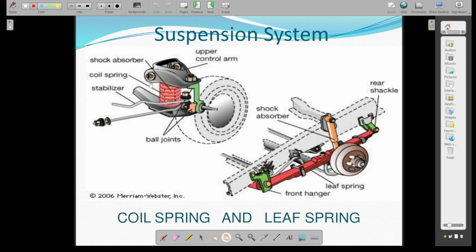The suspension system, again you can find here the upper control arm, the lower control arm, the ball joints over here. ये ball joints आपको दिख रहा है, ये coil spring है, ये stabilizer है. So you can see the shock absorber inside the